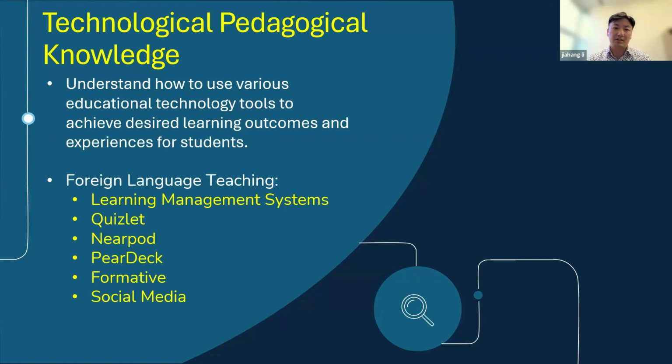We don't want to introduce any type of educational technology tool just for the sake of using it. I saw a lot of teachers, when doing PD or teacher observations, just using Kahoot for fun.